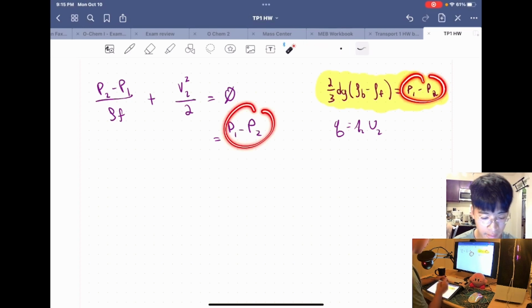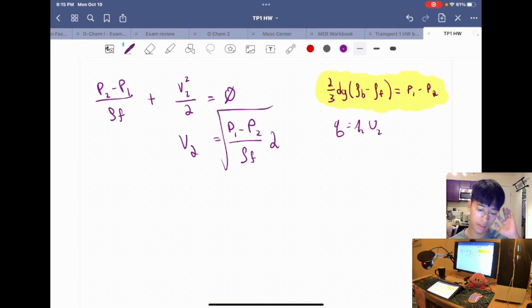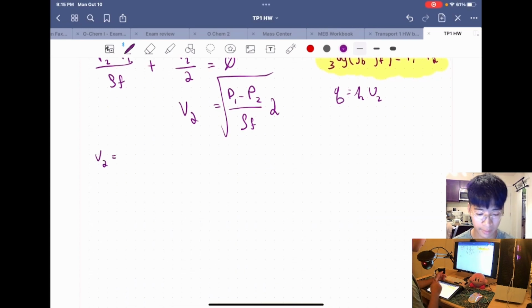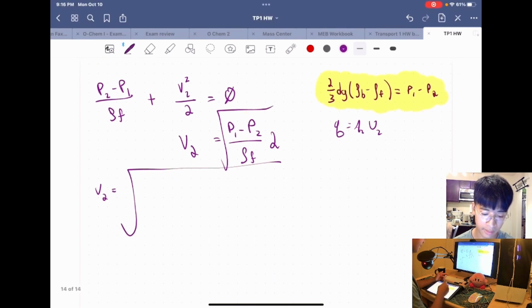There's where you see that we match, right? Over rho F, okay? Multiplied by 2, and it's taking the square root of. Okay, that is V2. Now what? We then find that we should plug in this expression. Okay, so then V2 equals radical. Let's do 2 times 2 is 4, so 4 over 3 diameter G